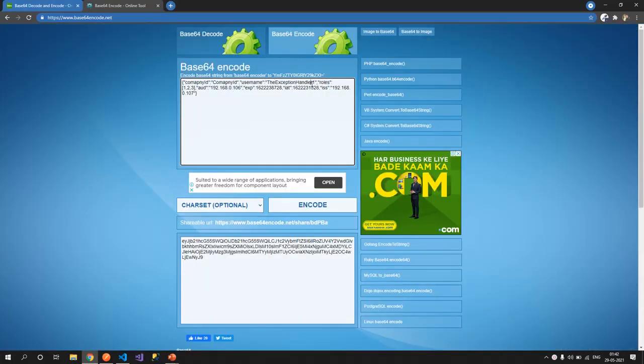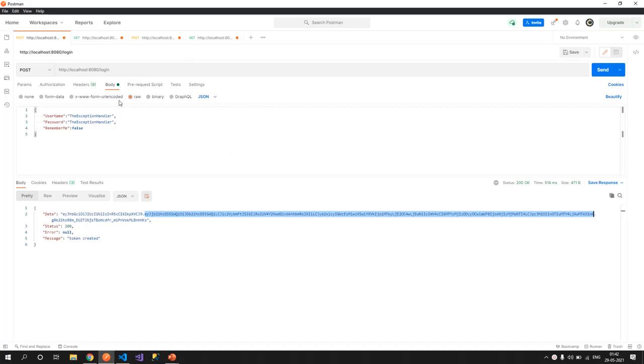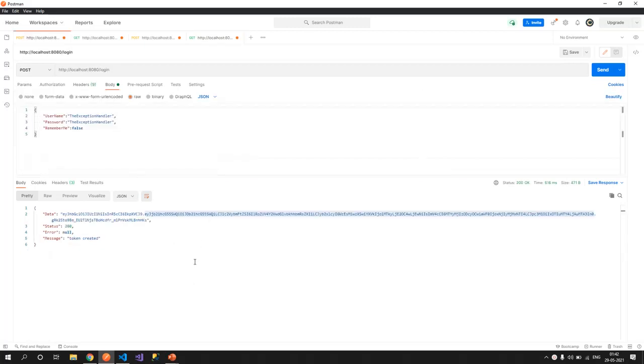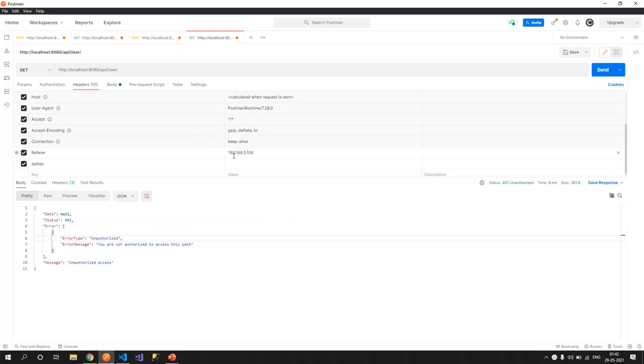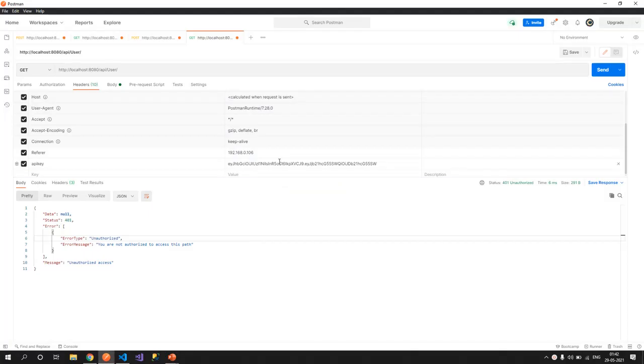So I've changed the username to exception handler 1, and I've encoded this, and let's copy this and paste it in our get API to just have a look at it. I'll copy this payload in between, and replace the payload.